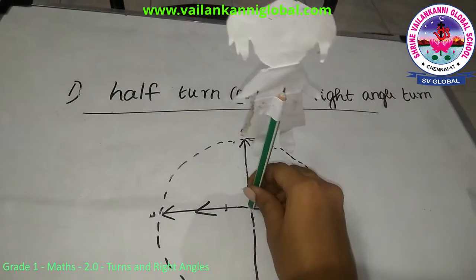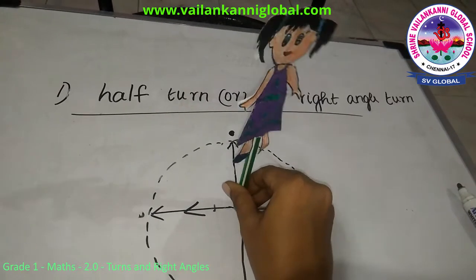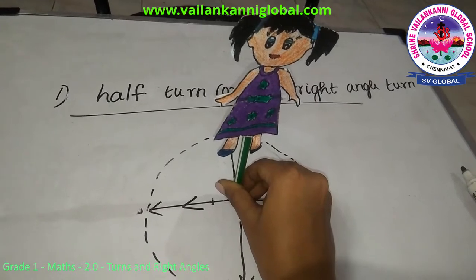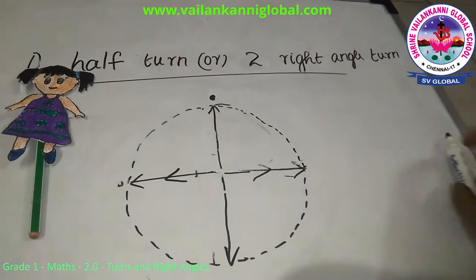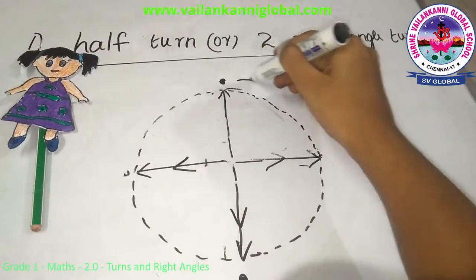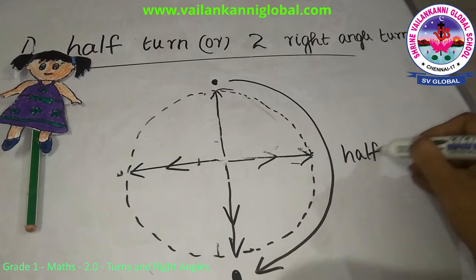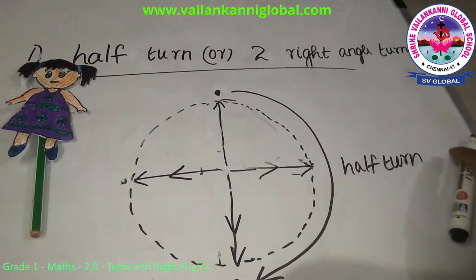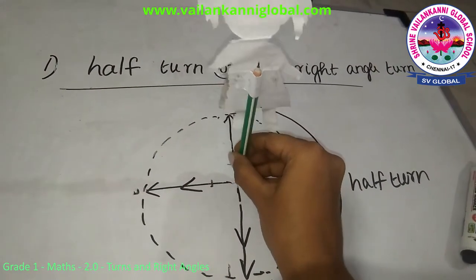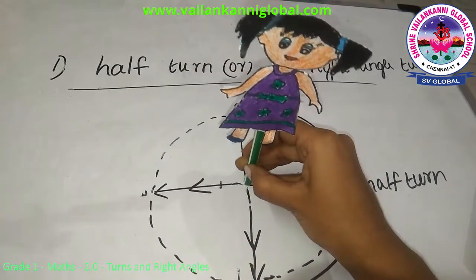She made 2 right angles and now she is exactly in the opposite direction which she was facing. So previously she was facing like this. So when she made one right angle and 2 right angles, which is a half turn, she is facing exactly the opposite direction. So now Tina will be facing here. She will face in this direction. So this is a half turn. Okay, this is a half turn. So this was towards your clockwise. If she has to face the anti-clockwise direction, she will move like this and again come to face the opposite direction.